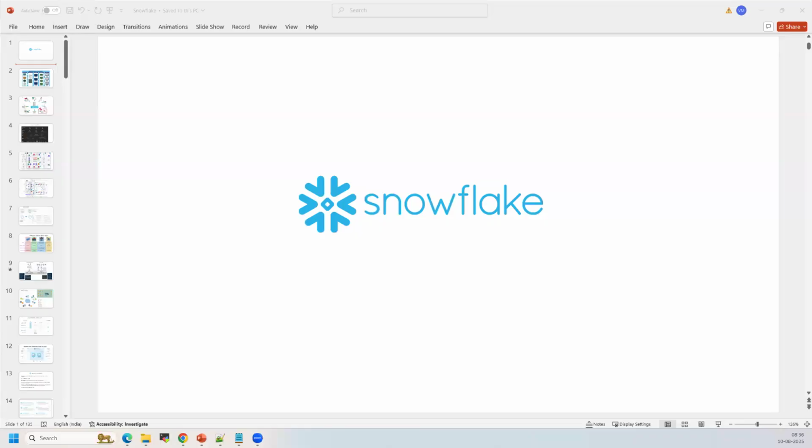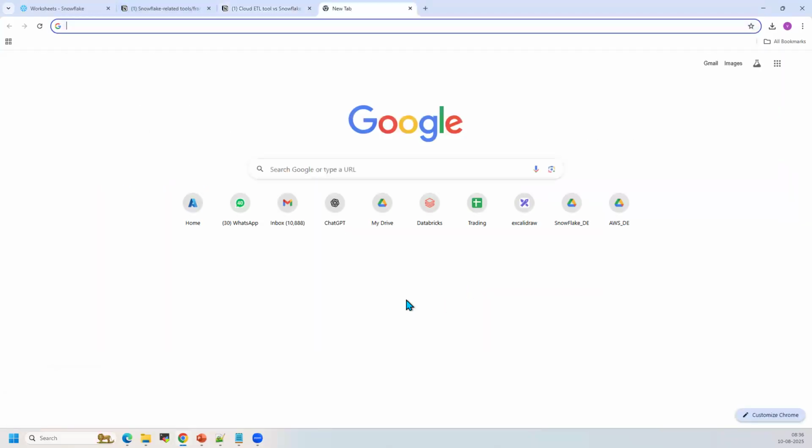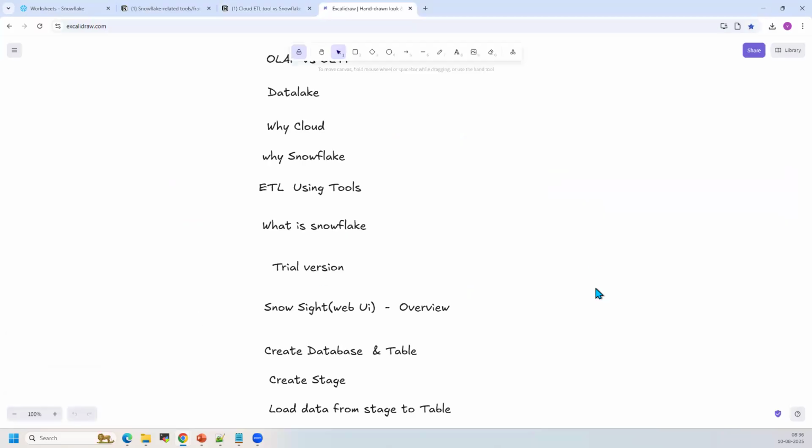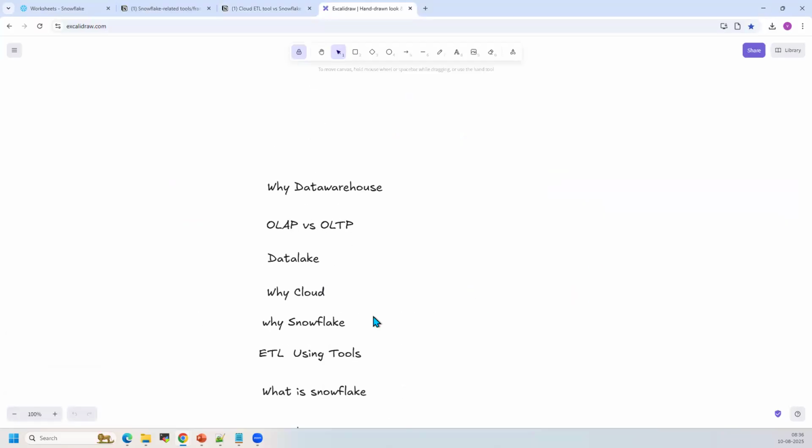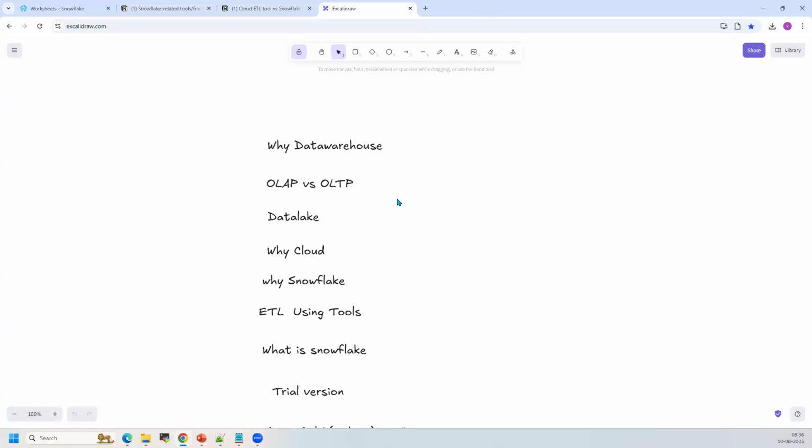Okay, so let us start the session. Today, in this first session, we will understand why we need a data warehouse. I think we have already discussed it, but we'll quickly see that. And OLAP, OLTP, and why a data lake, and what is the purpose of the cloud, and